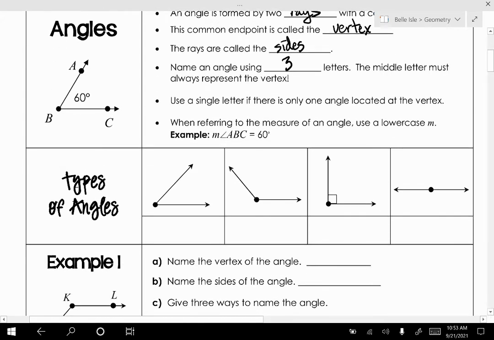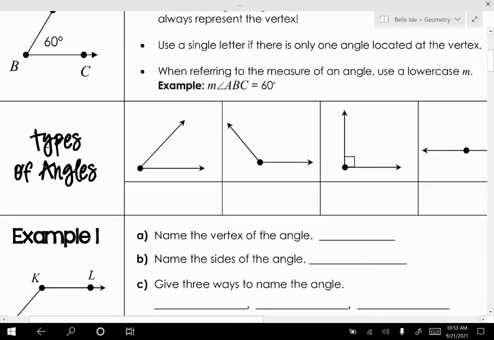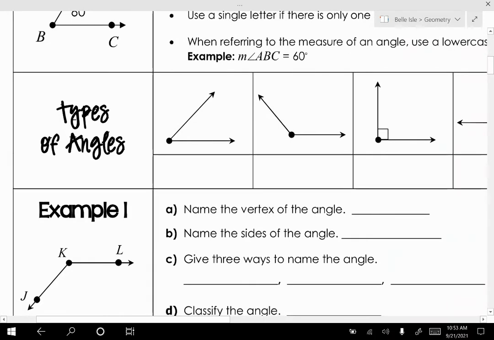Okay, types of angles. This is acute angle. Okay, less than what? 90 degrees. Okay, so if this one is acute angle, this one is